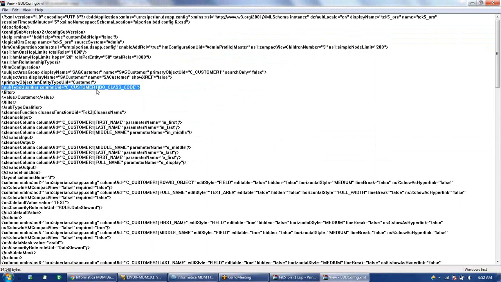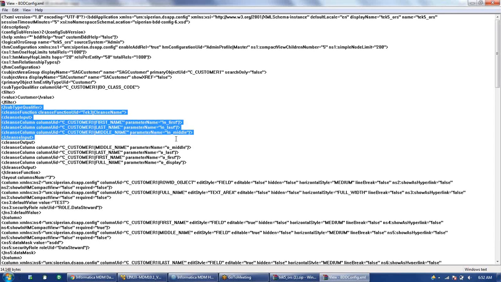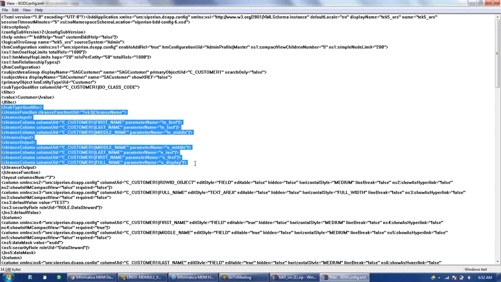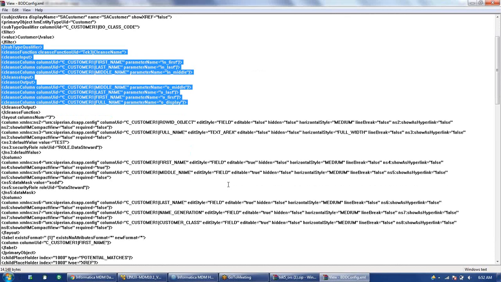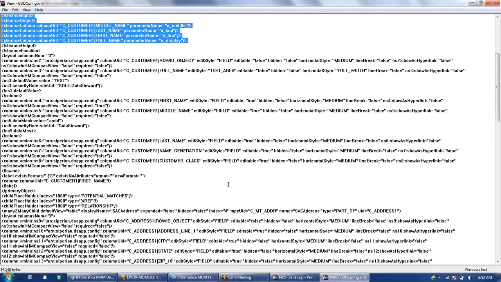Subtype qualifier we have used as this column, C customer1 BO class code, and we have used this cleanse function with input and output parameters, and then all the columns here, whatever columns we have used. So whatever configuration changes we have done, everything will get reflected here.